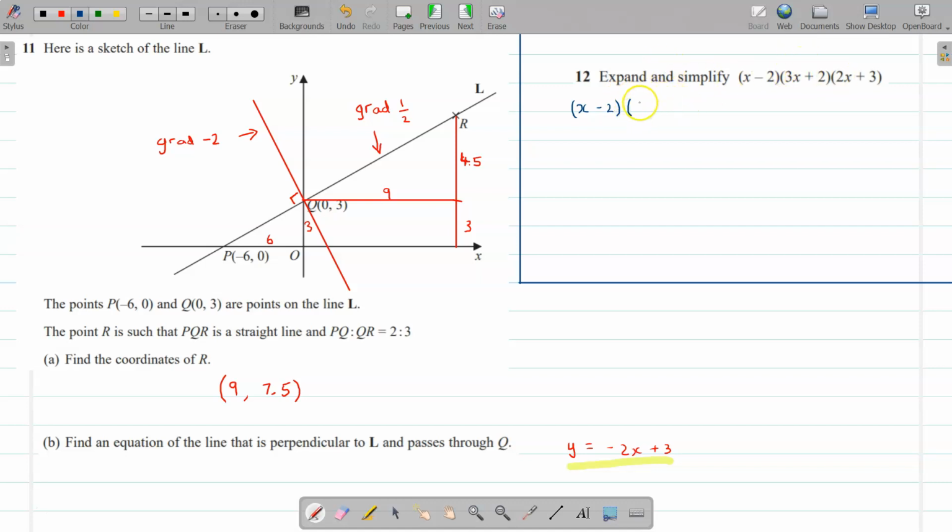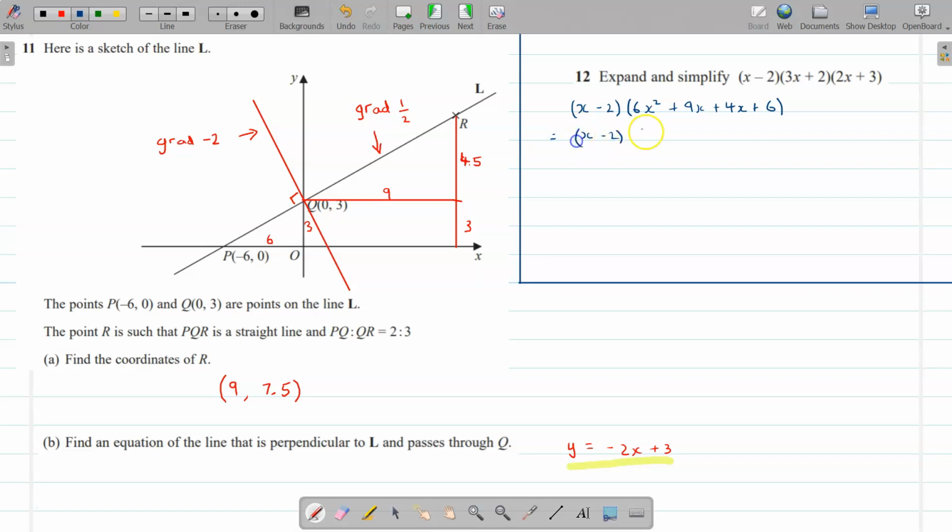So 3x times 2x, 6x squared. That's the first. The outer will be 9x, the inner will be plus 4x, and the last terms, 2 times 3 is 6. Combine those two middle terms to give me x minus 2